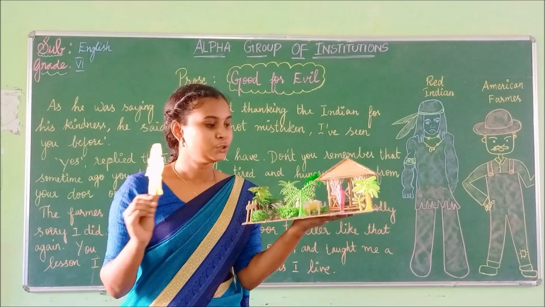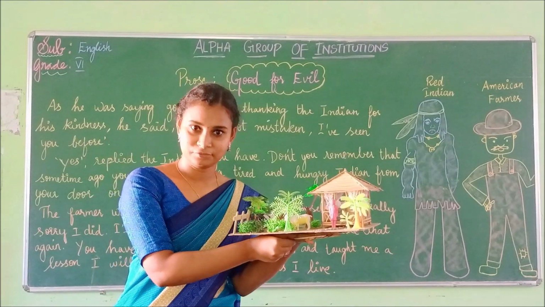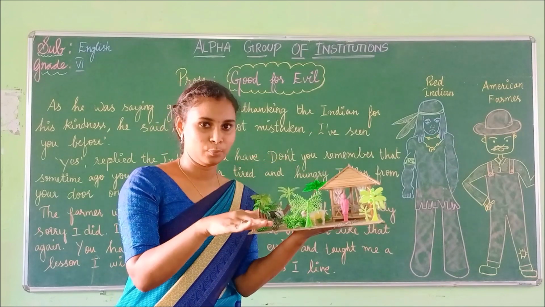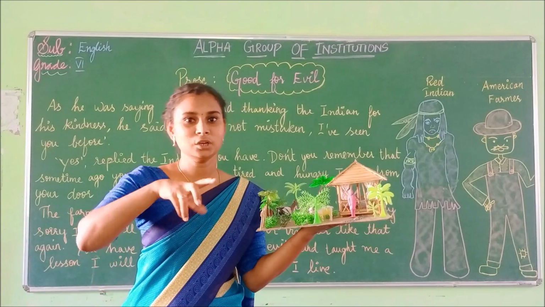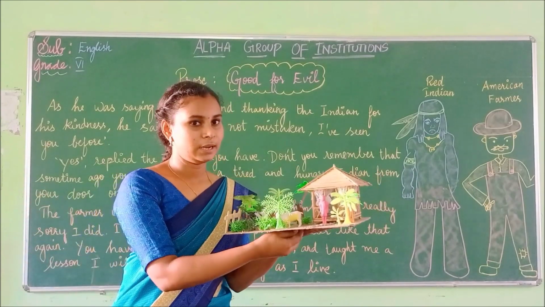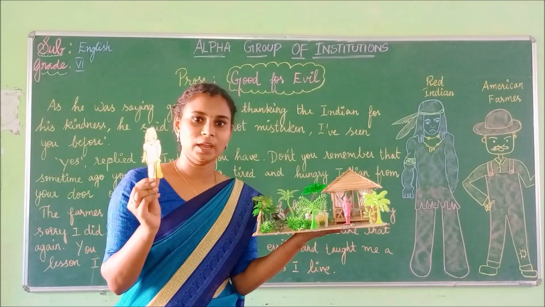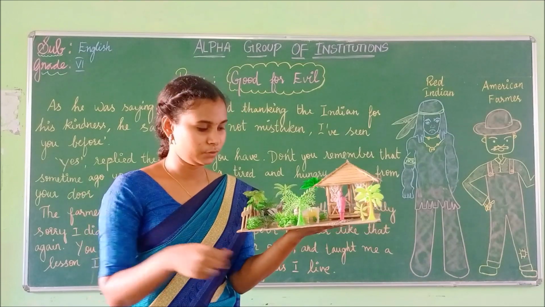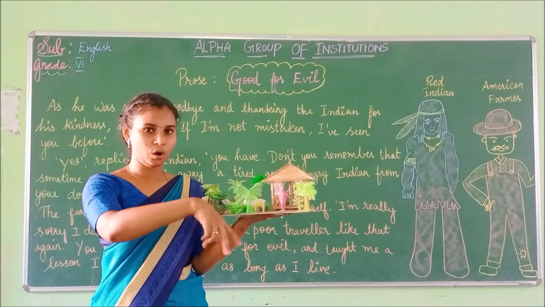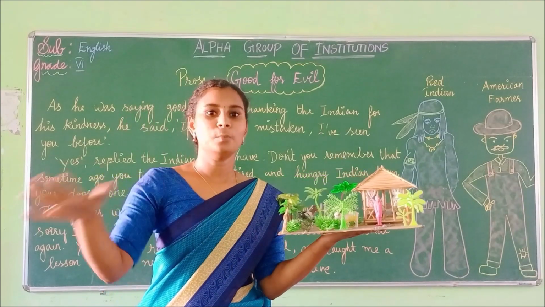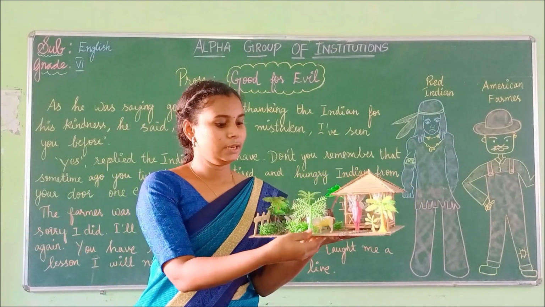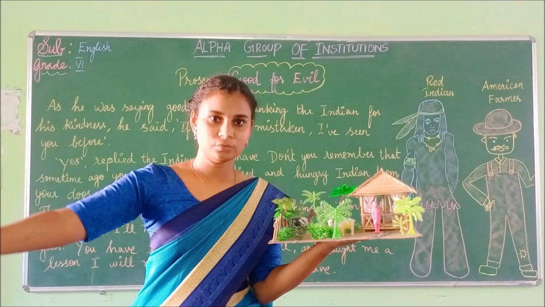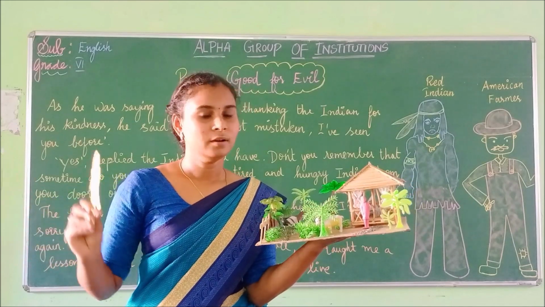So he's so kind. In the night he gave him some good food and he laid a mattress for this American farmer to sleep on. And in the morning, they were preparing to show the way, right? So this Red Indian prepared to show the farmer the way to his farmhouse. In the morning, they are all going to the clearing. Clearing means an open space, right? So this Red Indian is showing the way to the farmer that if you go along this path, you can find the farmhouse.